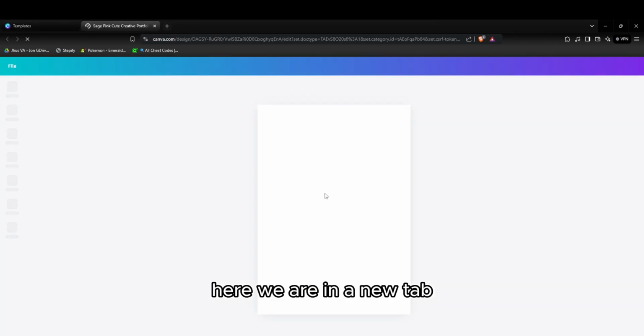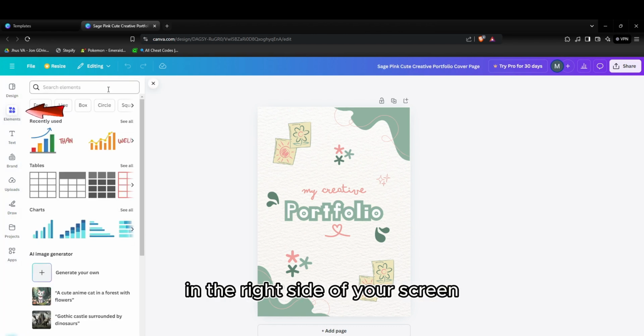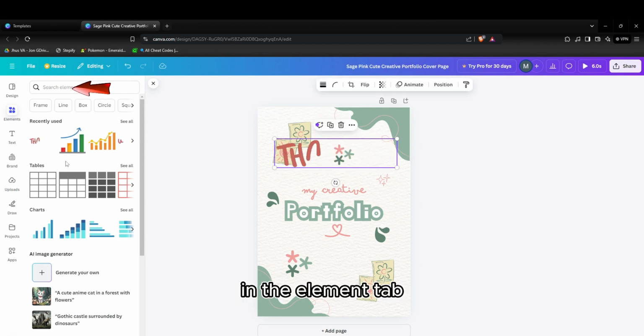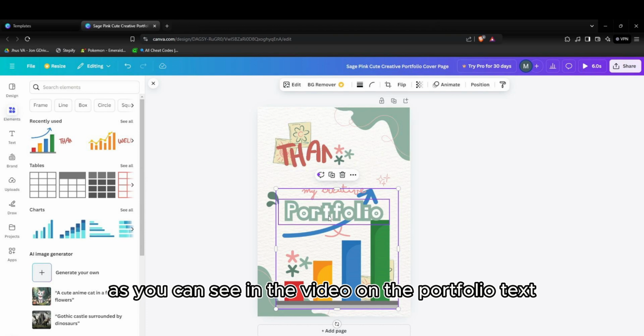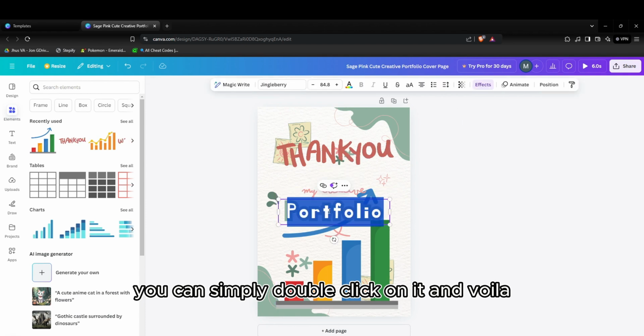Here we are in a new tab. You will be able to add an element here by clicking on Elements on the right side of your screen. And you can type into the search bar in the Elements tab to search for the elements you would like to add, as you can see in the video. On the portfolio text, if you want to delete it, you can simply double click on it and voila, it